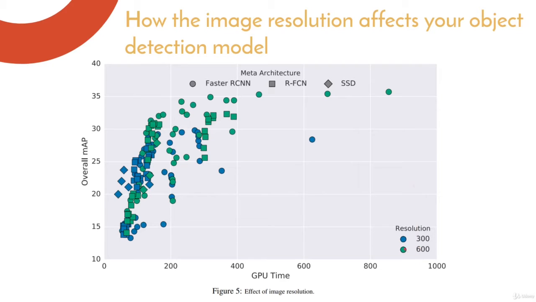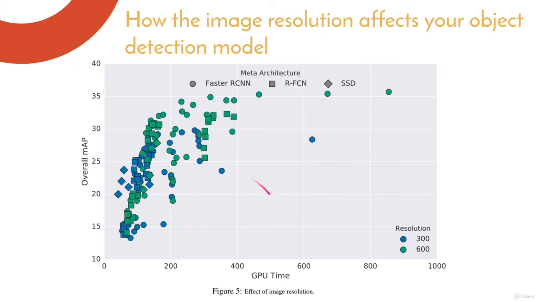And as we can see, the blue color represents models that were trained on images with resolution 300 by 300. And the green color represents models that were trained on images with size 600 by 600. And again, the circle represents FastRCNN, the square represents RFCN, and the rounded square represents SSD here. So from here, we can see